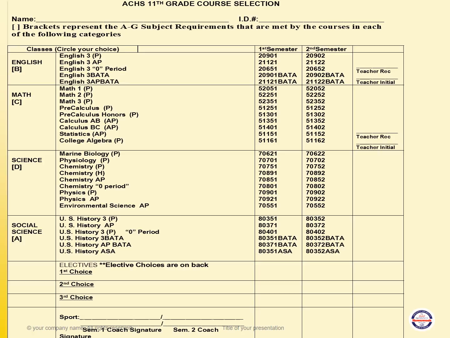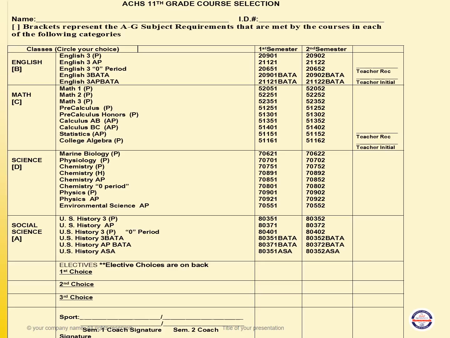The next category is science. For those of you who completed the high school science requirement, you may choose to continue in science. The following options are marine biology, physiology, chemistry, chemistry honors, chemistry AP, chemistry 0 period, physics college prep, physics AP,